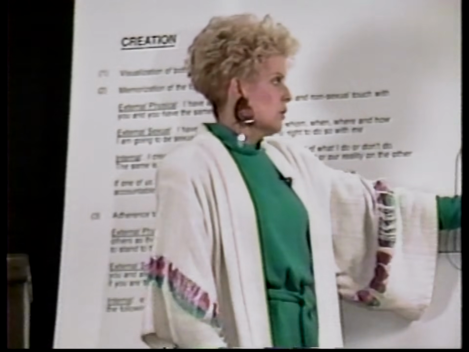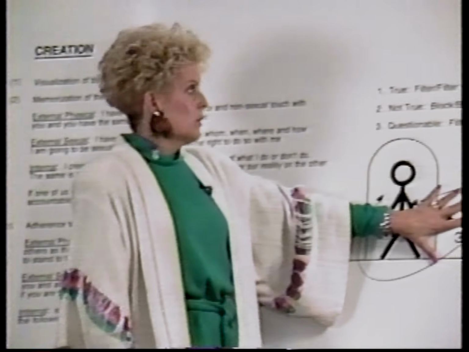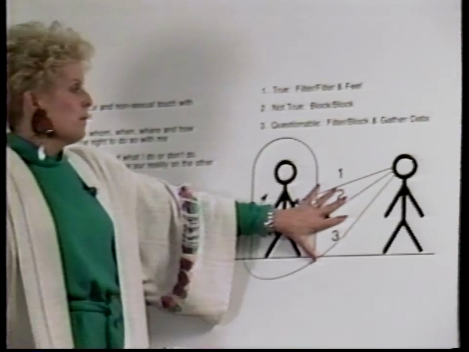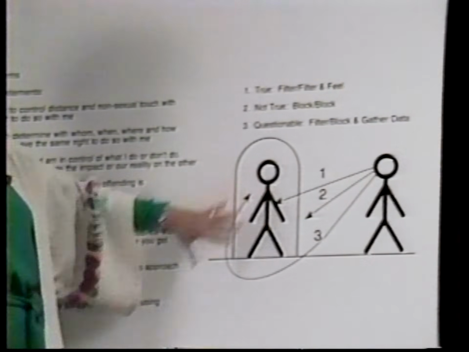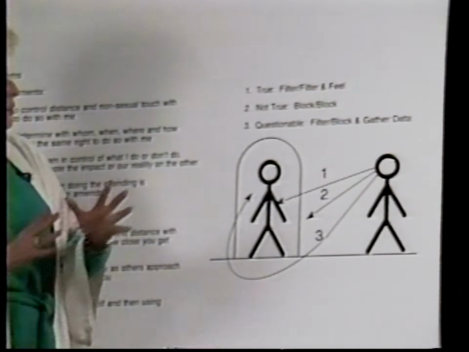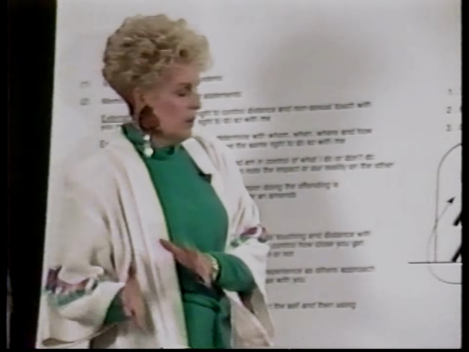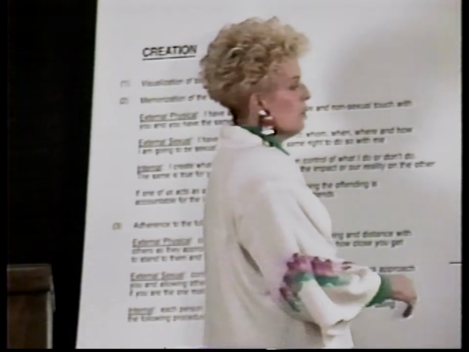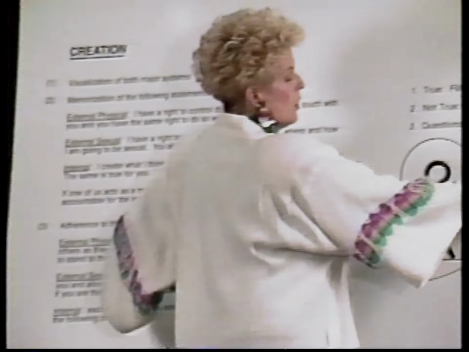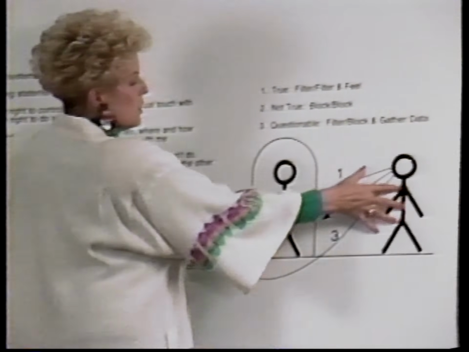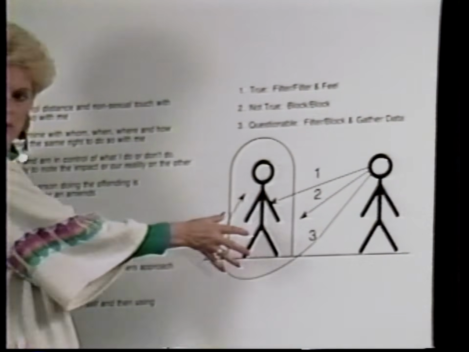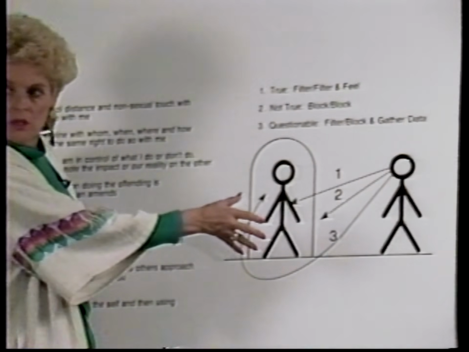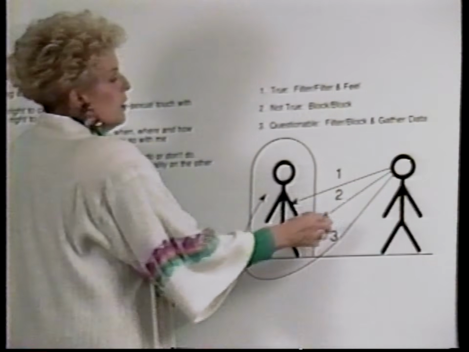The second thing that you have to do if you're on the receiving end of a confrontation is work this business out. Here, now. What's going to happen here is Corky's going to confront Bill about something. Bill doesn't even know what it is yet. It's something Corky and I cooked up. And what's going to happen is Corky's going to be in this position where she's going to share something with Bill. Bill, you might want to really carefully look at this because you're going to have to do this, okay?